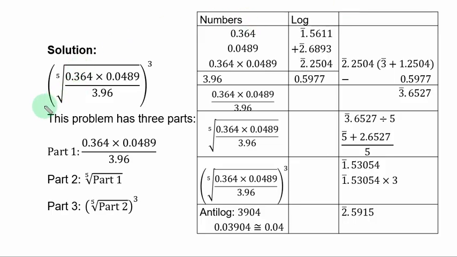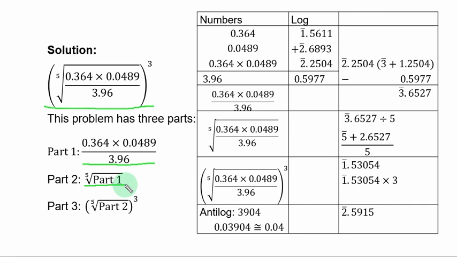Solution: this is the whole problem as given. Now I want to break it into three parts for you to understand it easily. The first part is everything under the fifth root. The second part, you take the fifth root of the first part, which means divide the result from the first